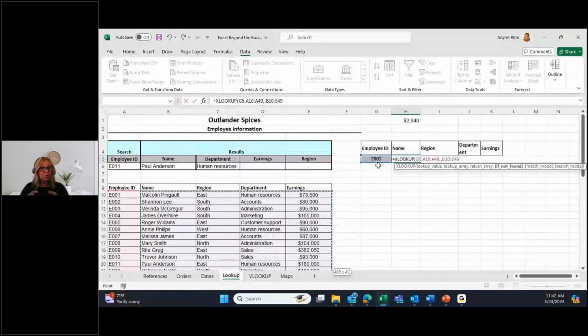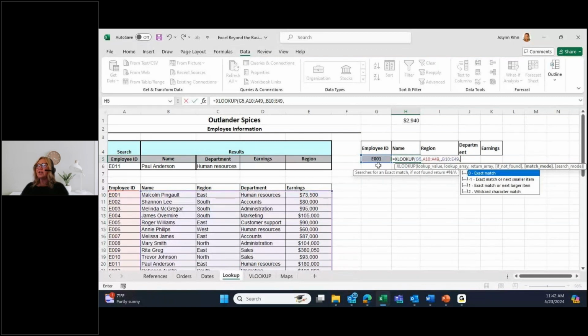But there's more to this XLOOKUP than what you've seen so far. I'm going to put in a comma. I've got an extra comma in there somehow. Sorry about that. Let me just fix my formula. So I'm going to put a comma after my lookup array, and it wants to know now